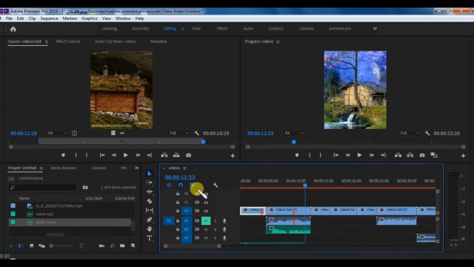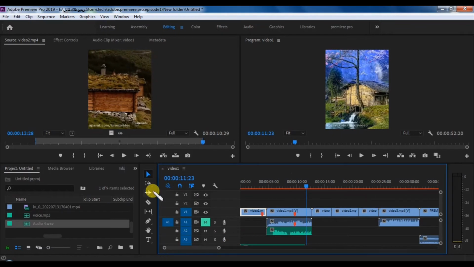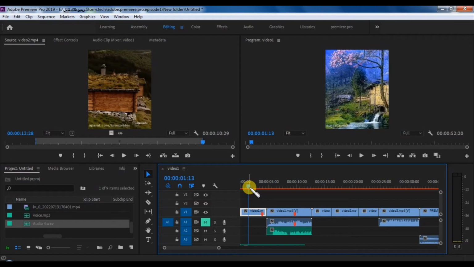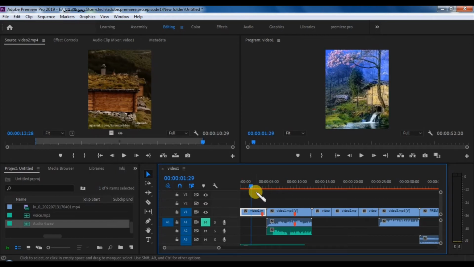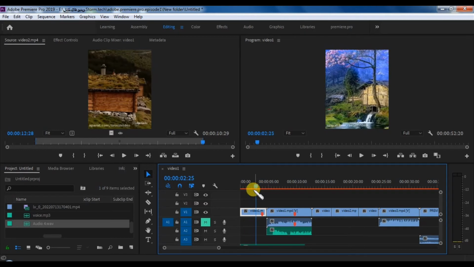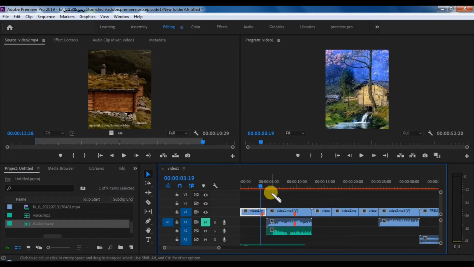Alright, let's head back to our timeline, and we want to learn a new option, which is actually a collection of options here in our timeline. We want to move frame by frame in our timeline. We press the right arrow key and left arrow key to move frame by frame. As you can see here, it'll move frame by frame, and you can cut a really specific part of your video using this